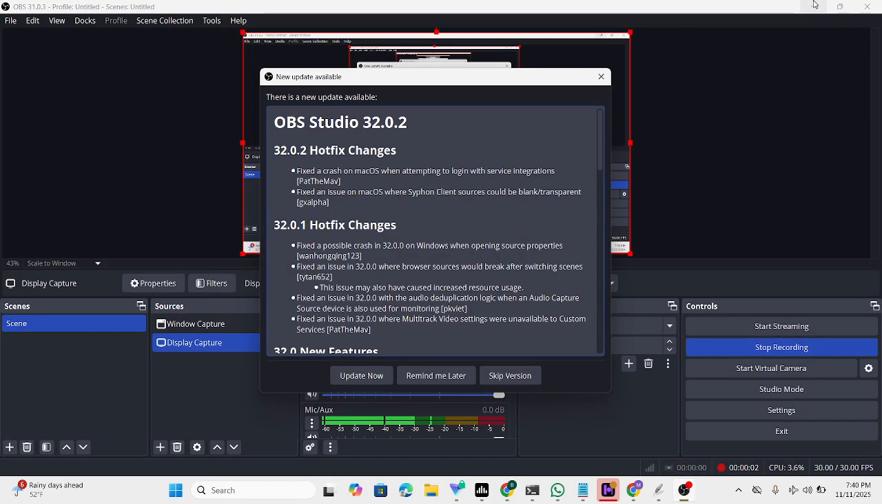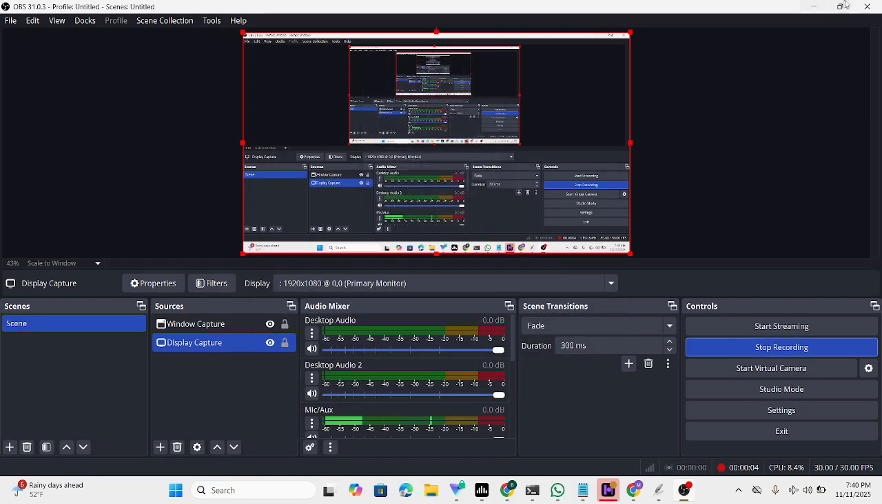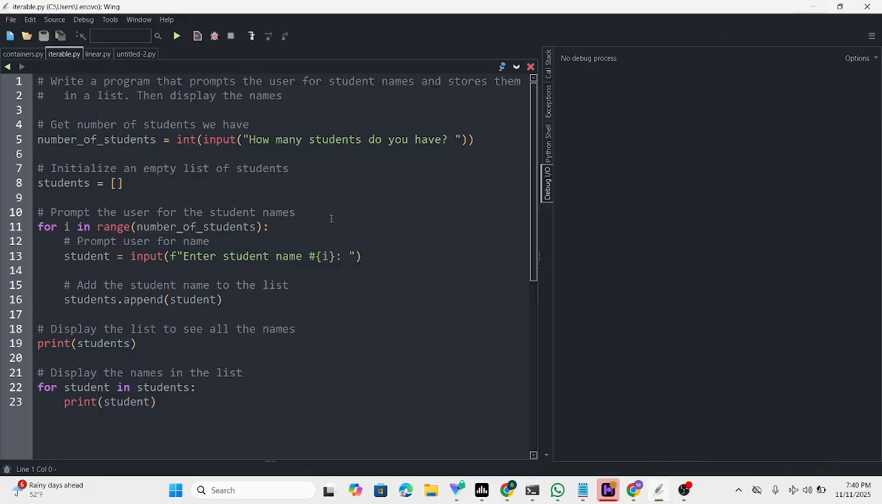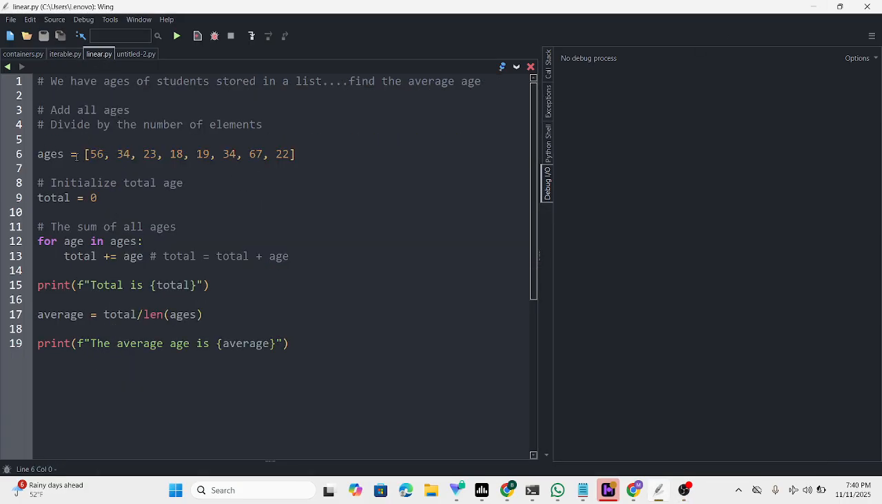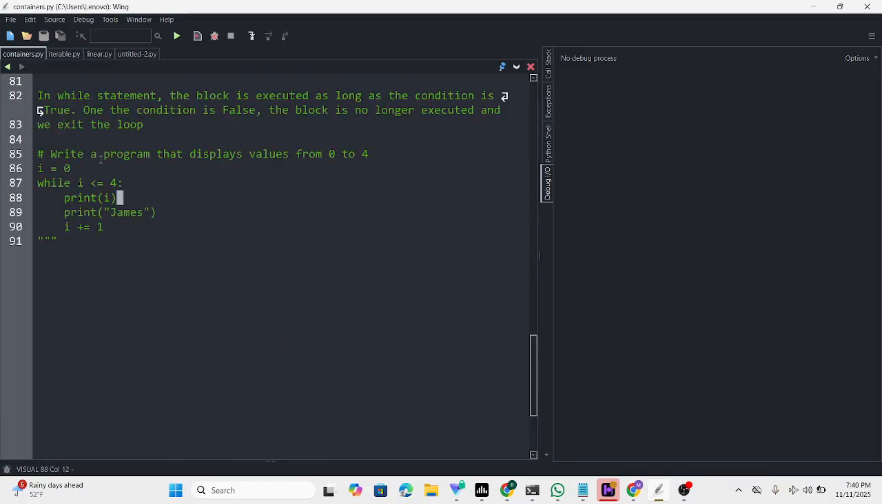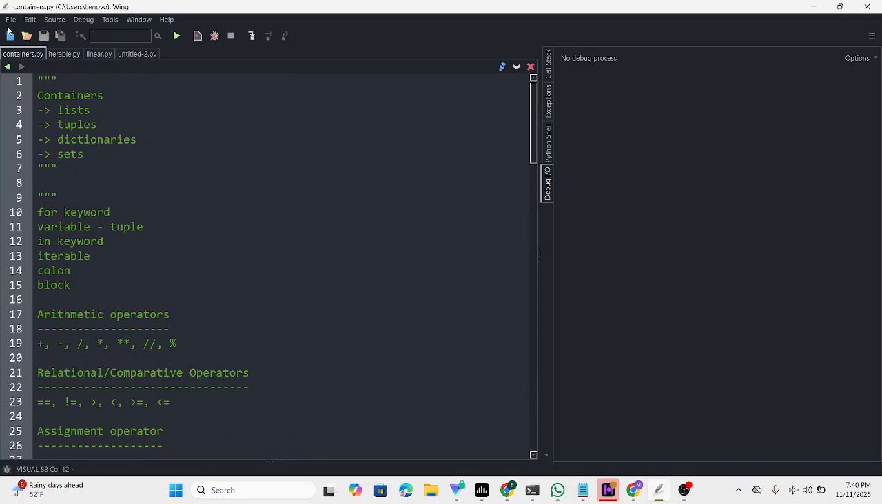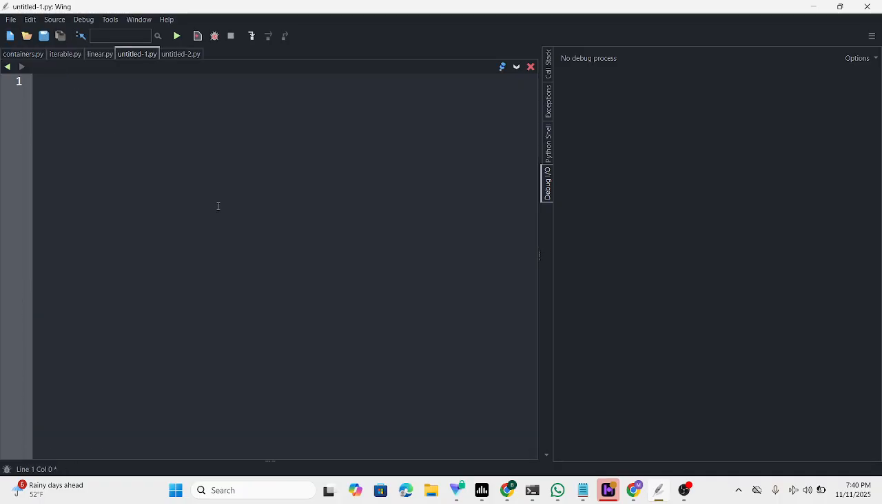Like the initial stages. Right now I think we are doing really well. So we have looked at iteration, we have looked at lists. Let me just do a recap. Let me open a new one. So we have said we have